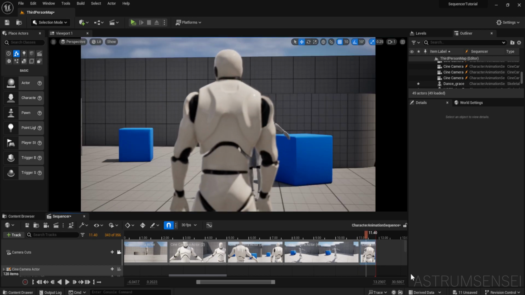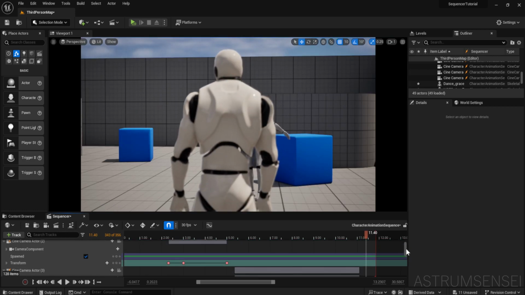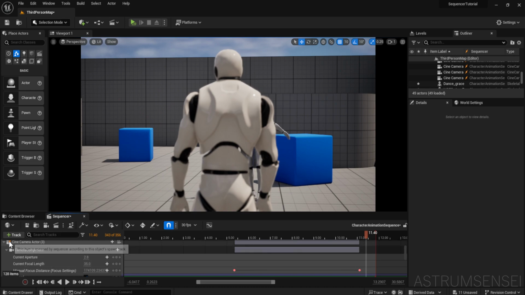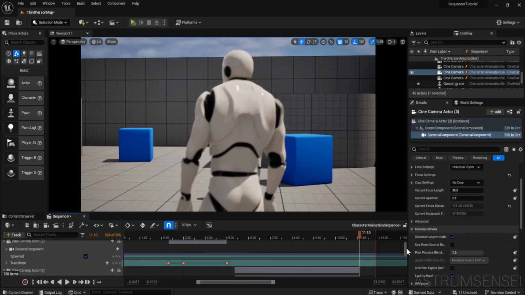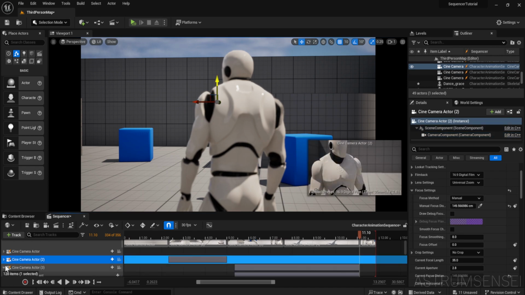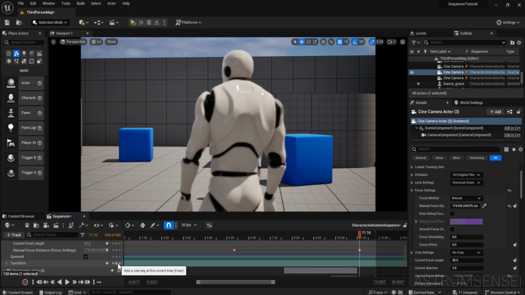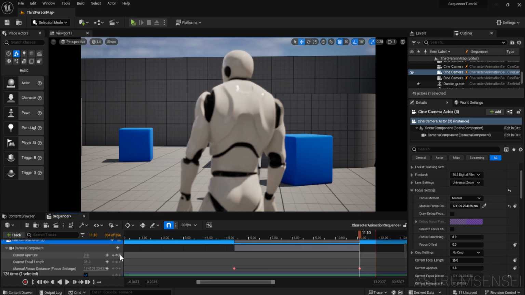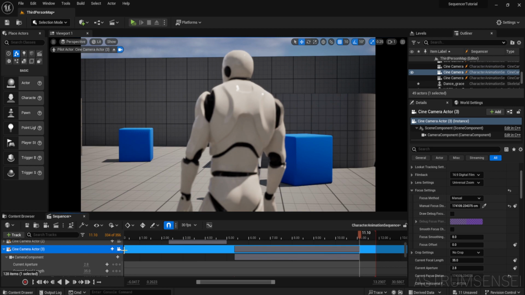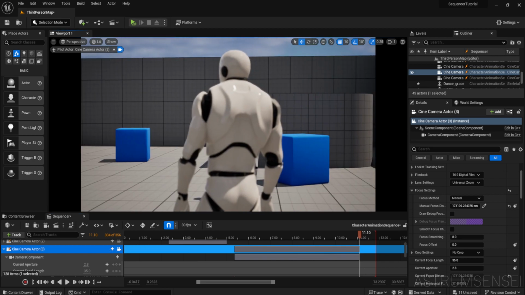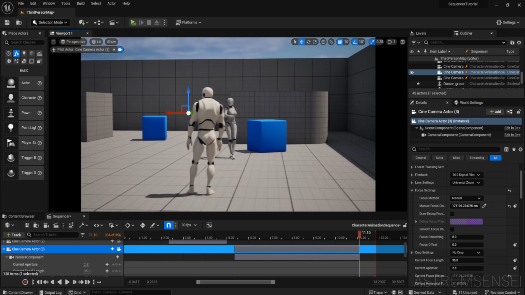There we go. And then for this one, what we're going to do is move the camera out a little bit, and basically it's going to say that the gameplay has already started and you should be fighting this boss battle. So yeah, let's do that. Camera actor 3, we go to transform, we put it over here. Yeah, we put a starting keyframe, and then we hit this button so that we have the camera locked to the viewport. We zoom out a little bit to the gameplay position,